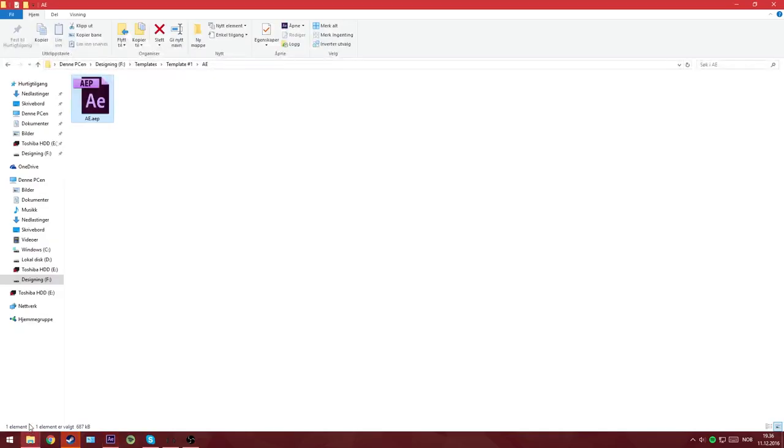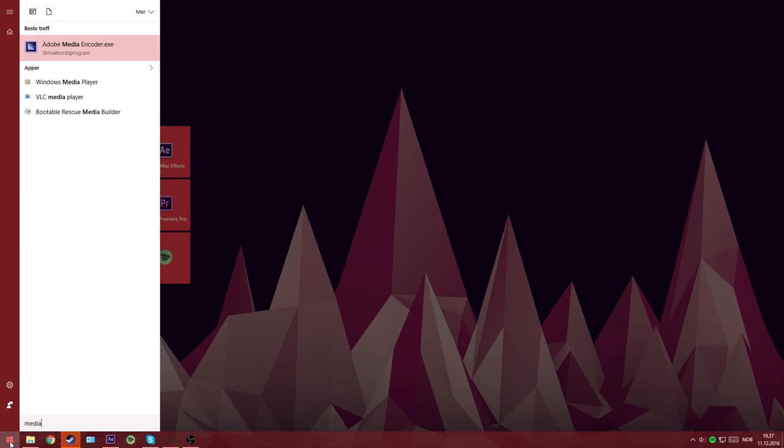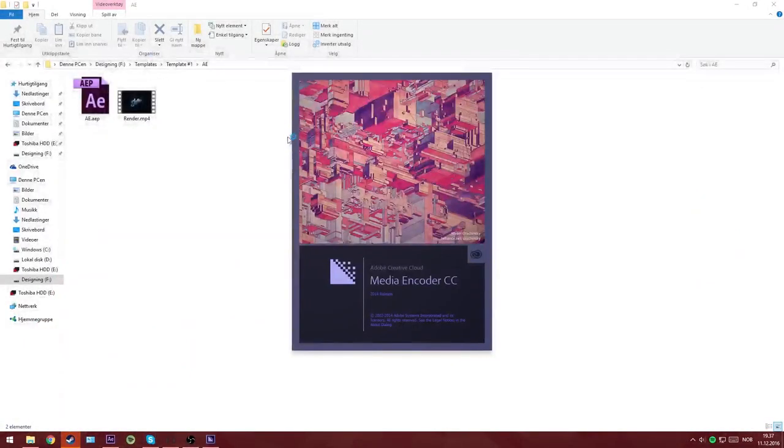When it's done, find the file that you rendered. I deleted it now, but for you it will be .avi. Then go into and find something called Adobe Media Encoder.exe. That's a program for